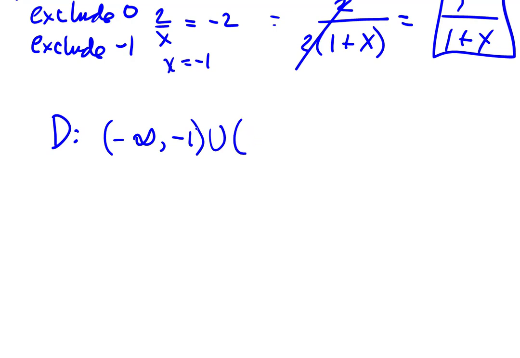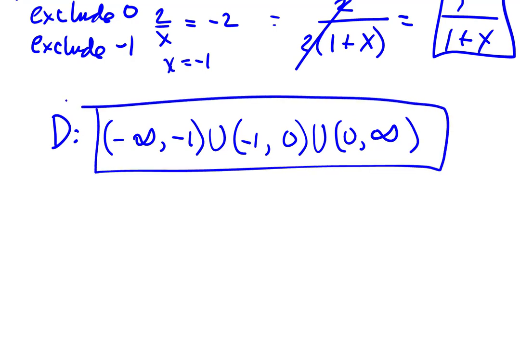over it, so we're excluding it with parentheses. And we want negative 1 to 0, but then we want to hop over and exclude 0, but then go on forever from there. So this set in interval notation represents everything on the number line except negative 1 and